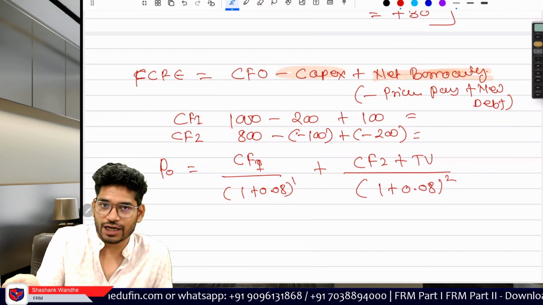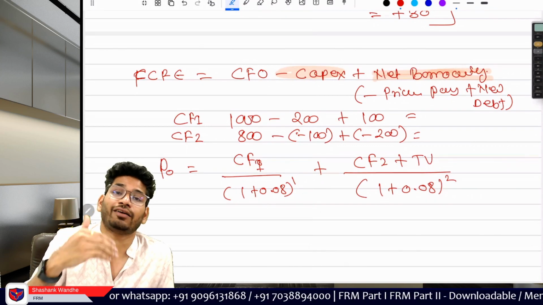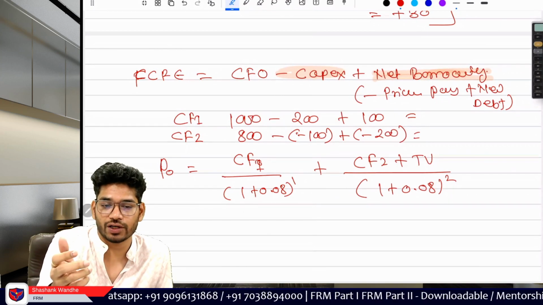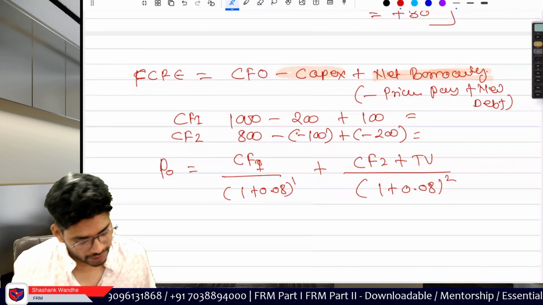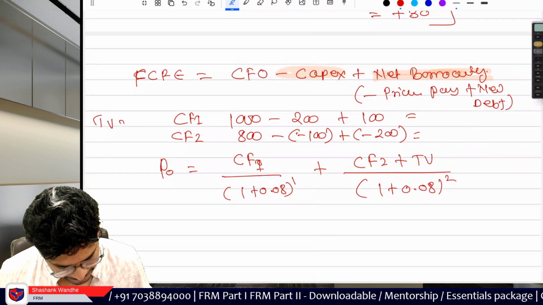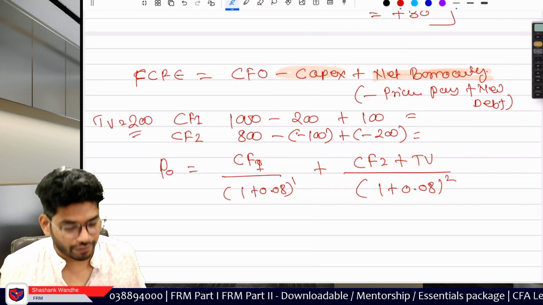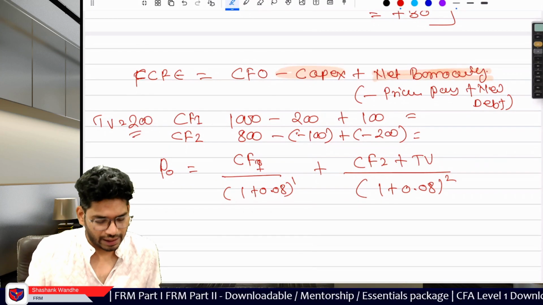So you will add this cash, and then there is a net borrowing. In this net borrowing, there is net payment of debt. So your debt is reducing. So here it will get reduced. Okay, so this is how the setup works. So you have to do this calculation, and let's say the terminal value is 200 and the discount rate is already given, like 8%. Simply use these values and calculate the answer.